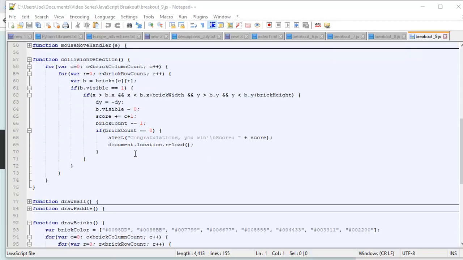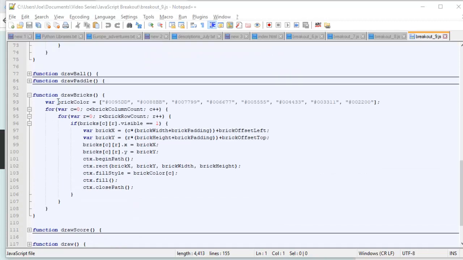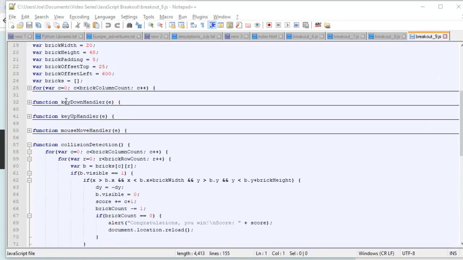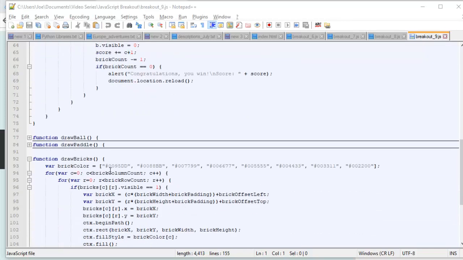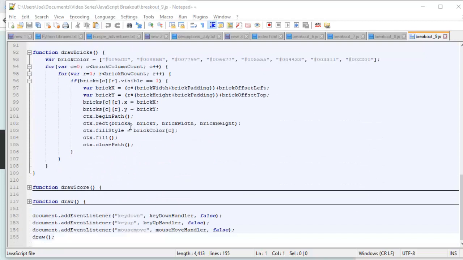And then that's how we know how to end the game. And you can see also we had to change some of the brick size and the brick padding and stuff. So I changed some of those values here: the offset, the padding, and the spacing, and the size of the bricks. So when you multiply all that out and try and get it so that it looks good, what you get